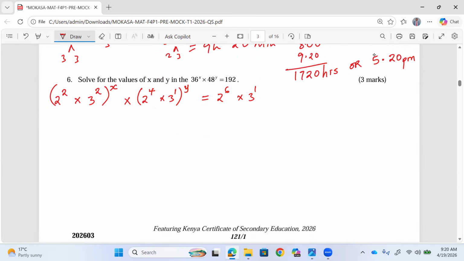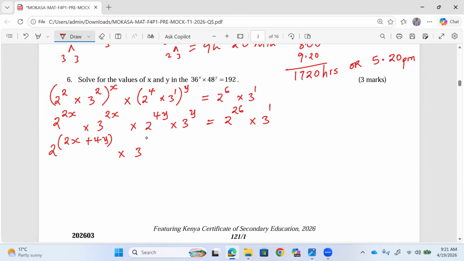So now at this point, we can apply the product law of indices, whereby every power is multiplied by x. So 2 power 2x, 3 power 2x, we have 2 power 4y, 3 power y equals 2 power 2x and 3 power 1. Now from the left-hand side, because it's purely multiplication, we can pick the common bases. If it's 2 power 2x and 2 power 4y, the two powers are added,